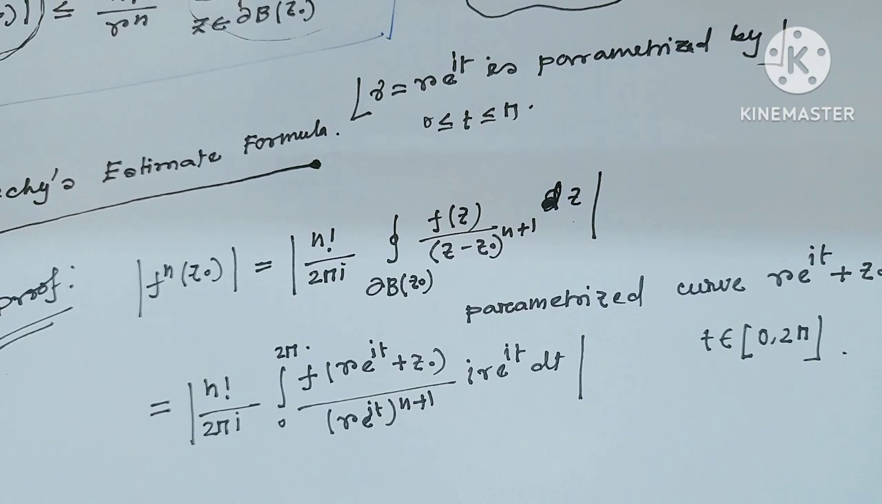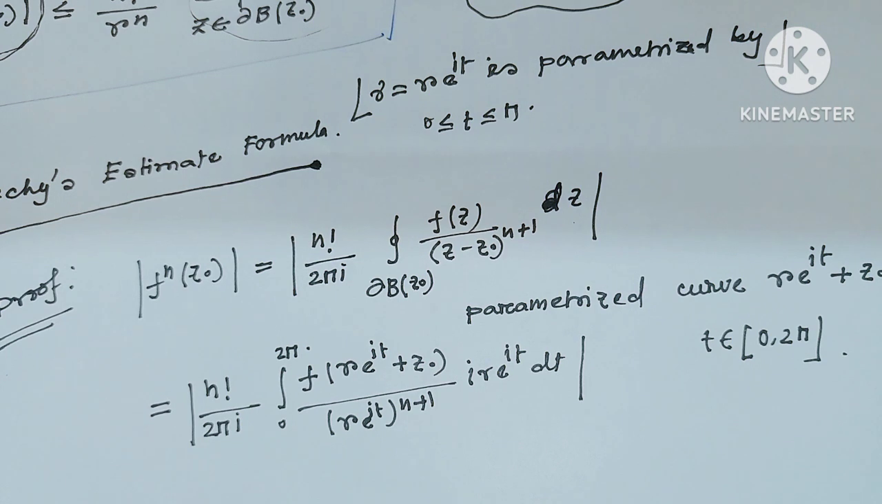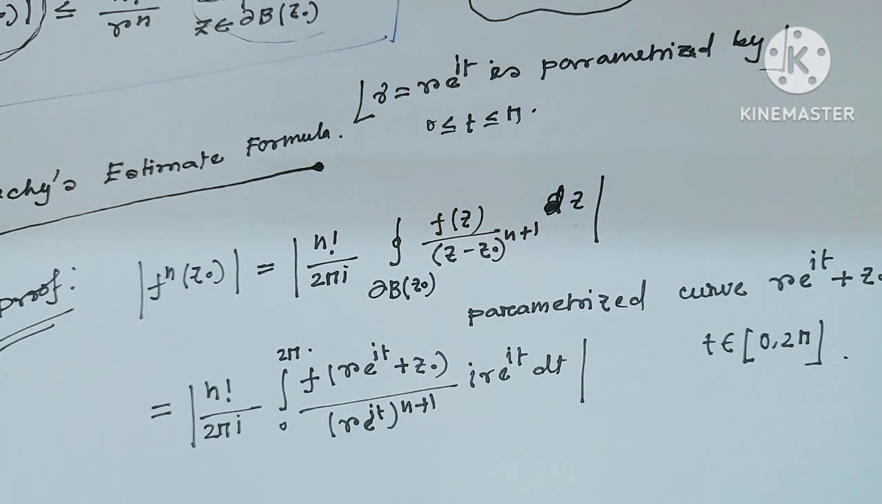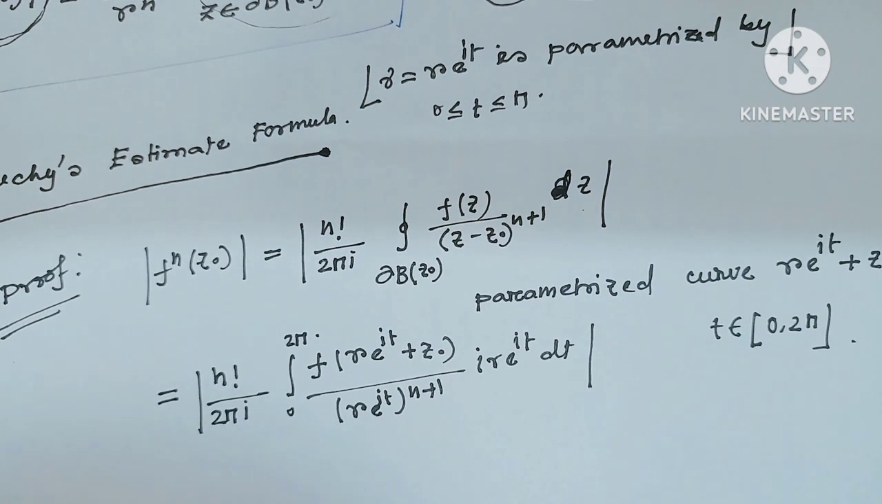The proof is of this type. All of us know the extension of Cauchy's integral formula, that means f^n(z0) equals n factorial over 2πi times the integration of f(z) over the boundary ∂B(z0) of (z minus z0) to the power n plus 1, dz. This is the Cauchy's integral formula we all know. Now